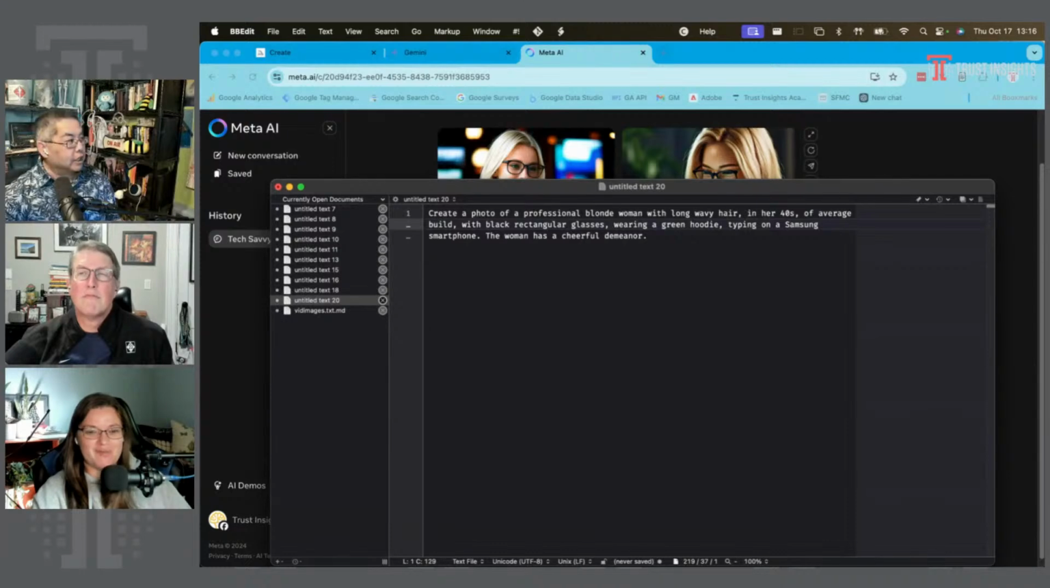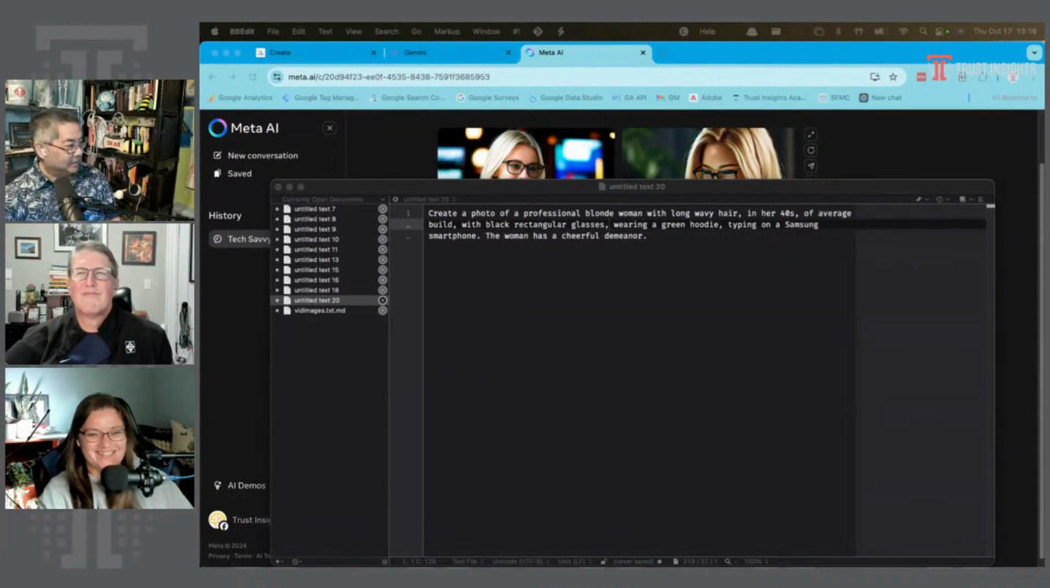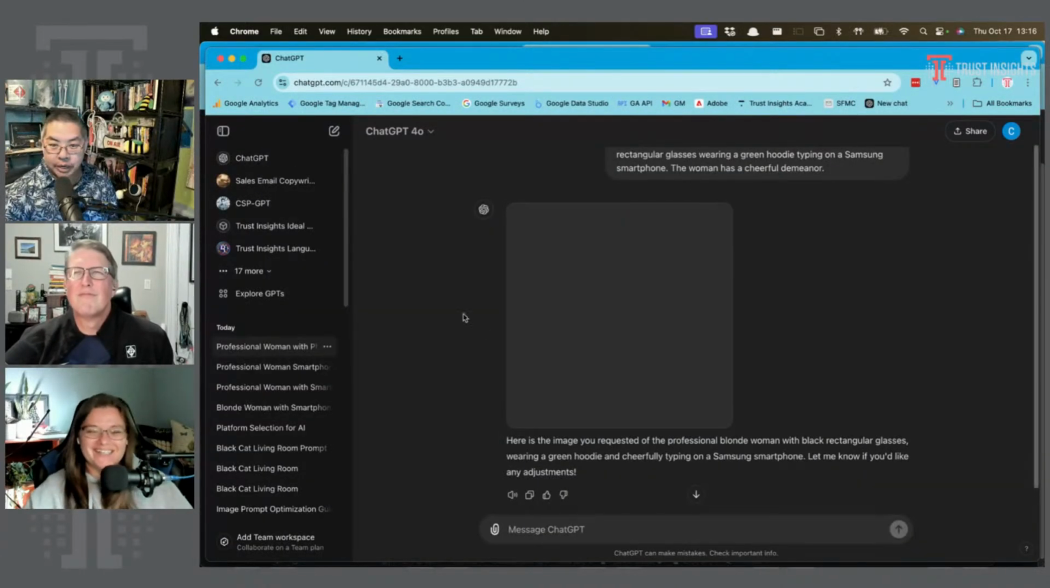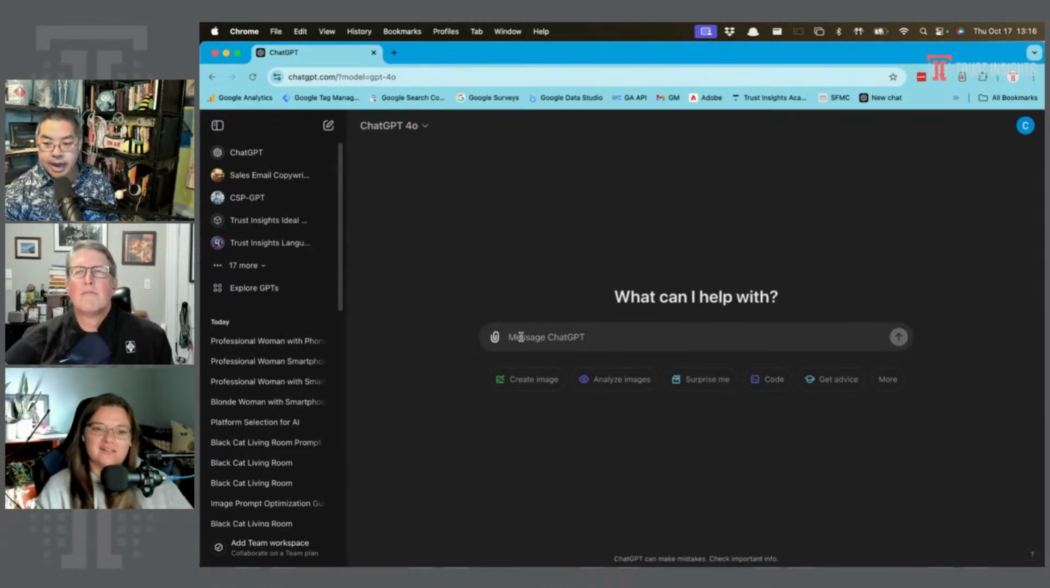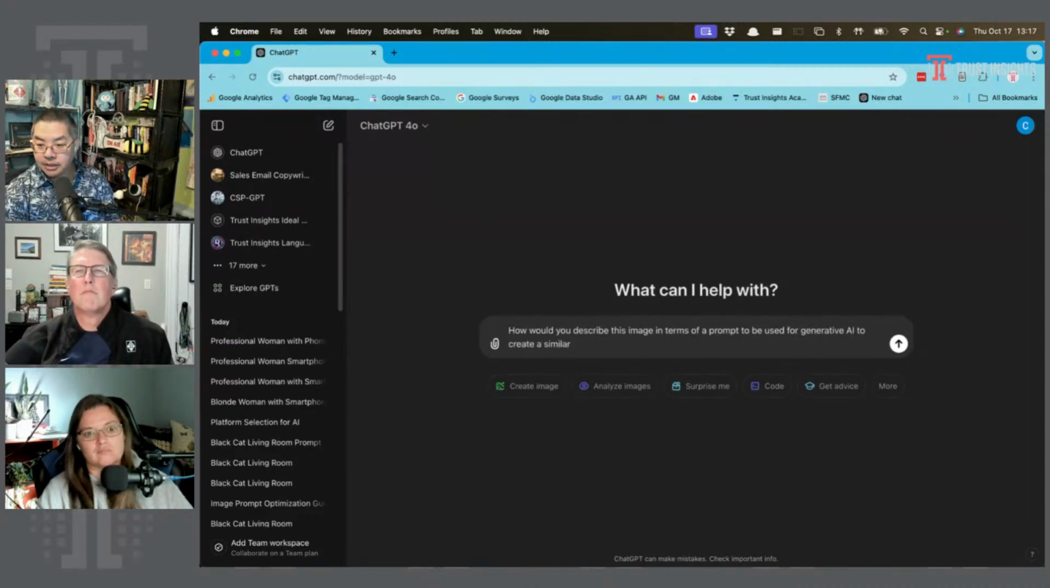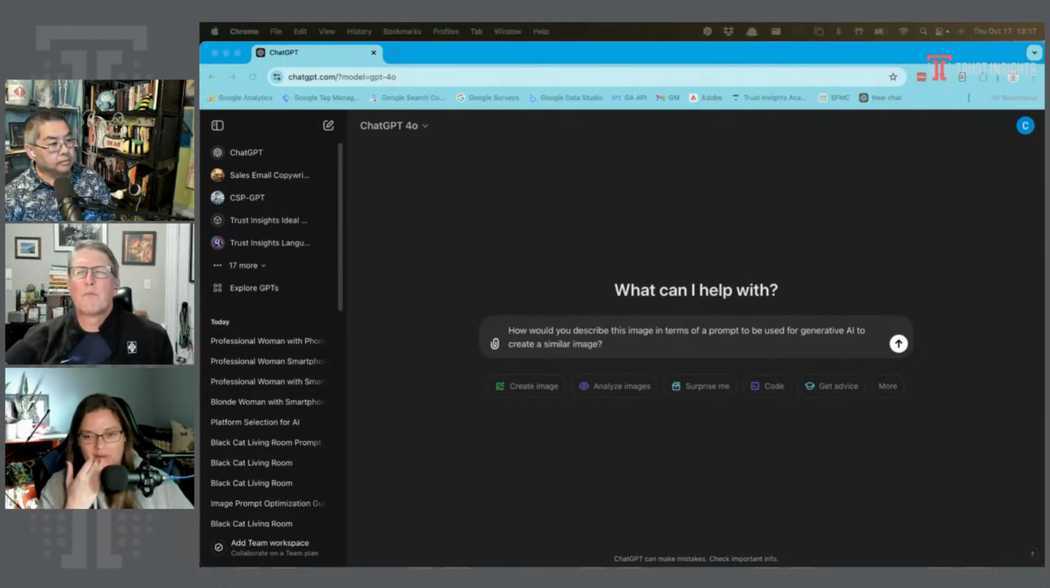And we can go into a tool like ChatGPT and ask it a question like, how would you describe this image in terms of a prompt to be used for generative AI to create a similar image? And while that's processing, I want to talk a little bit about why I was hesitant